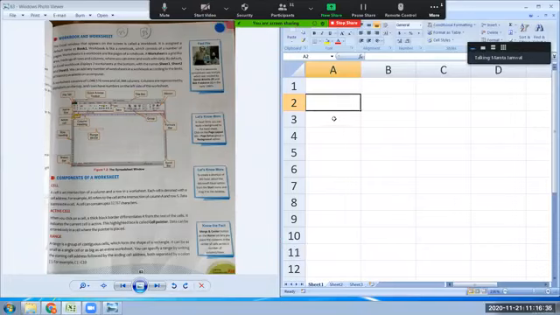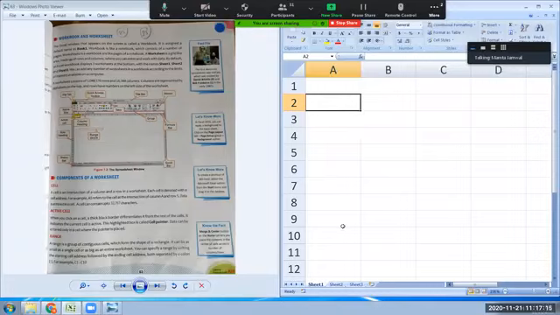So which cell is the active cell? The cell around which there is this dark boundary. That is called the active cell. It is written in the book. You can open page number 63 of your book, or you can have a glance from the screen also, up to you. Active cell is what? It is written: when you click on a cell, a thick black border differentiates it from the rest of the cells, right? It indicates the current cell is active, and this highlighted box is called the cell pointer. Okay, this black boundary, this highlighted box, what do we call it? We call it a cell pointer, right?